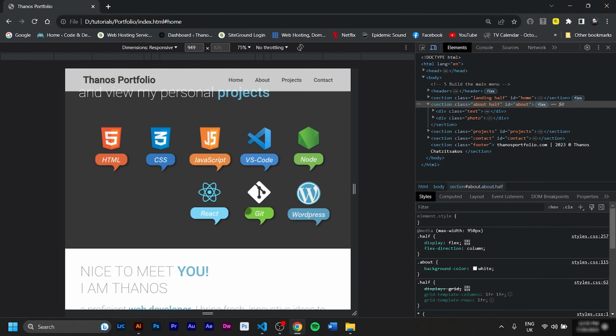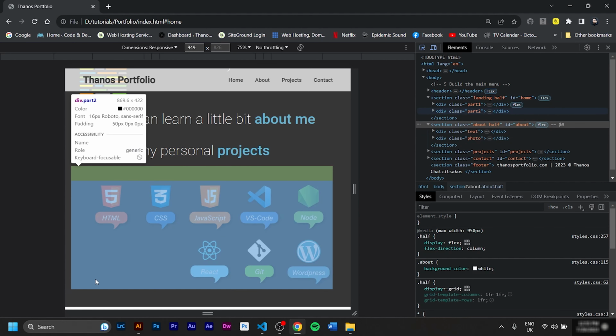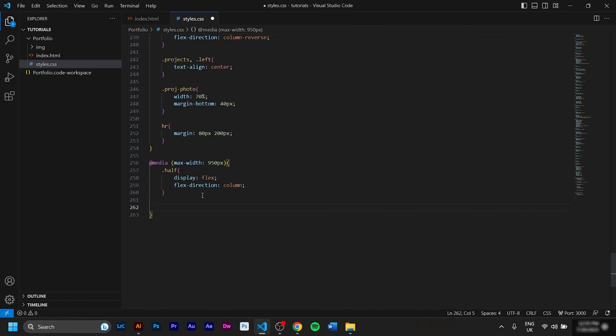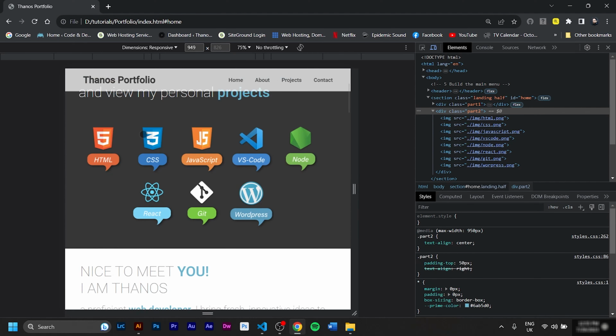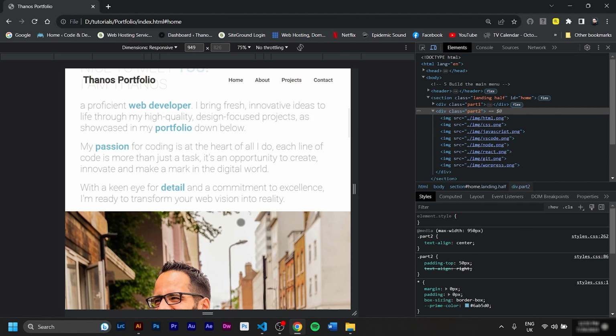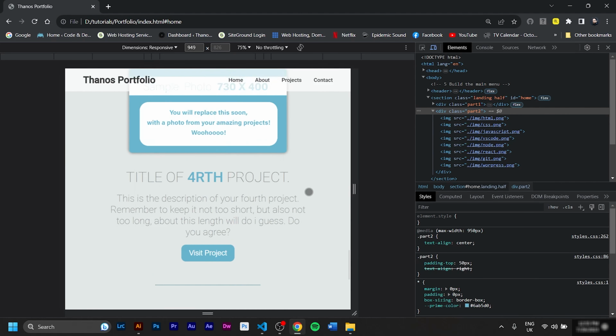All right. This I don't like. Let's see what we will have here. It's the part 2. I want them to be centered. So I go .part2, text-align center please. And I hear some of you say, it's not a text. I know it's not a text, but this works. So chill please. Now I have my huge photo here of my face. I'm sorry about that, but everything else looks pretty much okay.